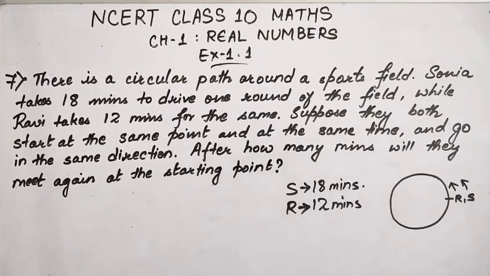Now over here, what we have to understand is the solution is simple. Either you have to take out HCF or LCM, but you have to understand where to find HCF and in which question you have to find LCM. So in this question, first try to understand what you have to do. If you have to go to a number higher than this, or if you have to multiply these numbers, or if you have to divide these numbers. In this case, the question is asking how many minutes, after how many minutes will they meet again at the